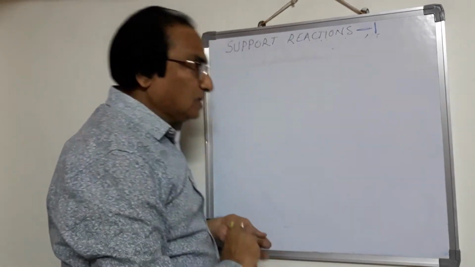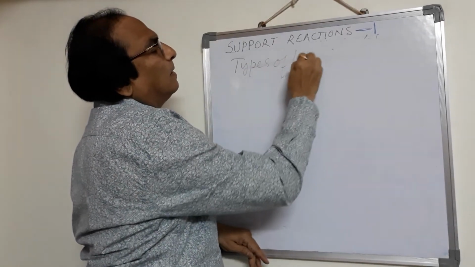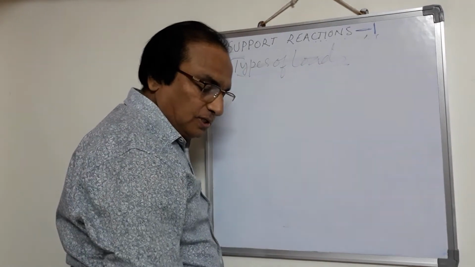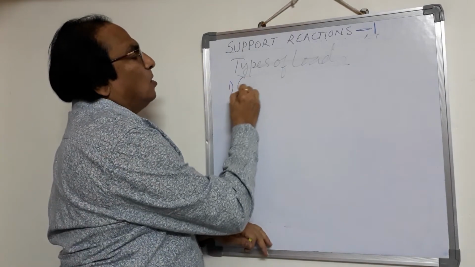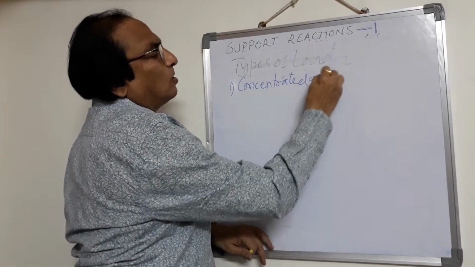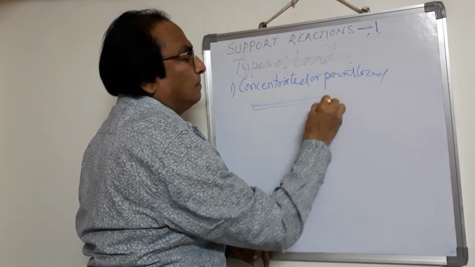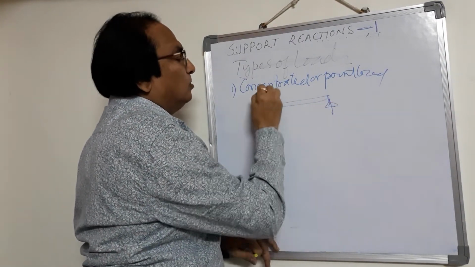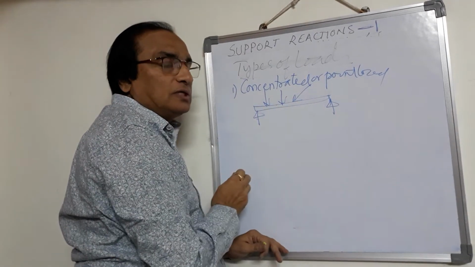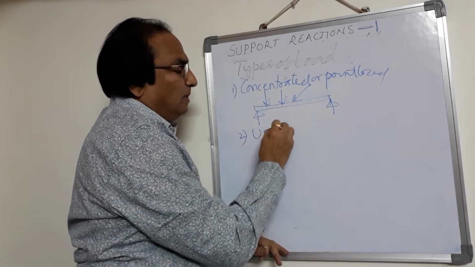Next we will see what are the different types of loads. You see the different types of loads are, one is concentrated, or we call it as point load. Suppose this is a beam, it is carrying loads. You see all these loads are acting at a point, so we call such loads as a concentrated load or point load. Second type of load is